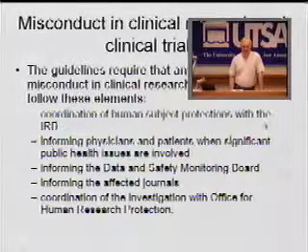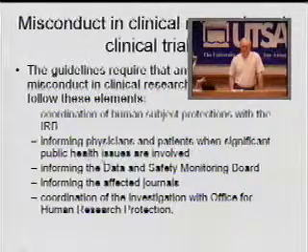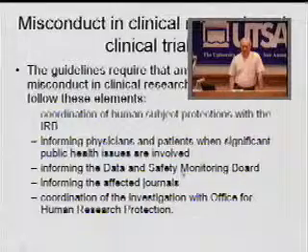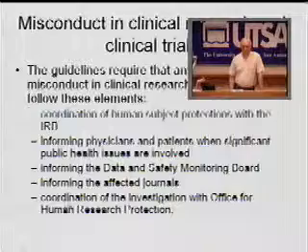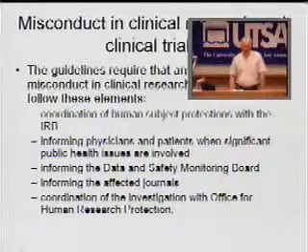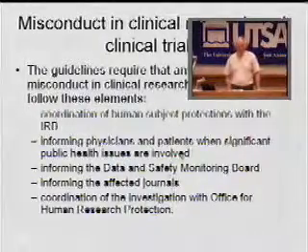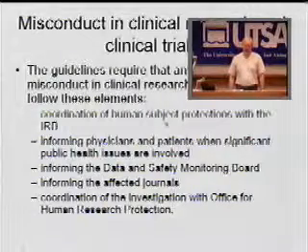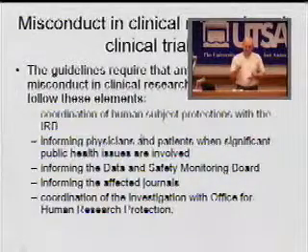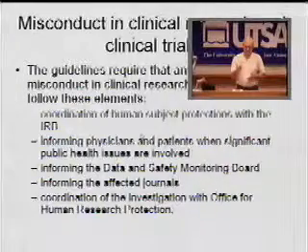Coordination of human subject protections with the IRB, informing physicians and patients when significant public health issues are involved, informing the Data and Safety Monitoring Board, informing the affected journals, and then coordination of the investigation with the Office for Human Research Protection. So there are systematic approaches to bringing suspicious cases to the attention of the appropriate individuals,